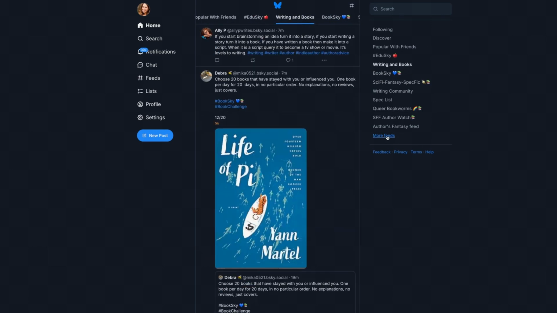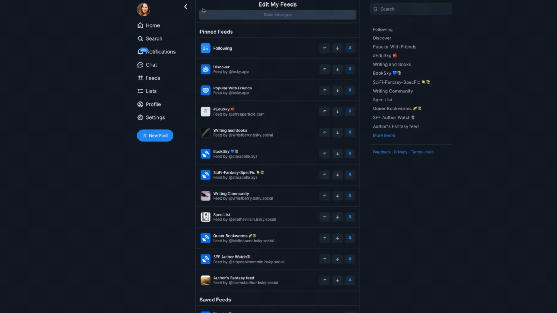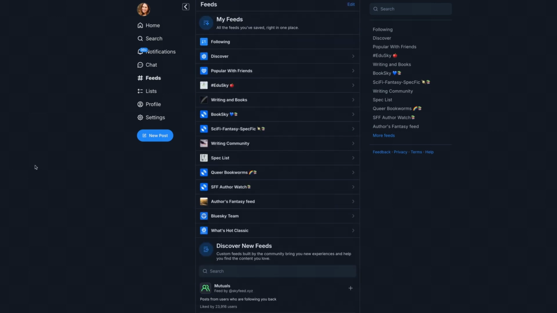You can actually go over here to more feeds and hit edit, and you can edit which ones show up where. You can pin some, find new ones. Over here is where you're going to find your more niche and specific feeds that are created by other users, or you can also make your own if you know how to code, or if you can follow some basic directions on a feed creator like Button Down. There are already several feeds to choose from, and you can arrange them in your home view to suit your